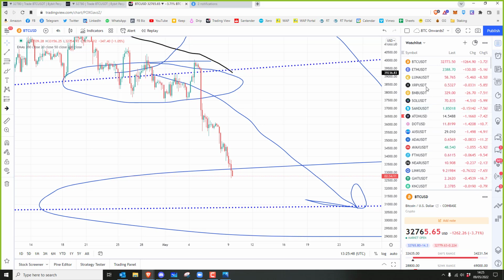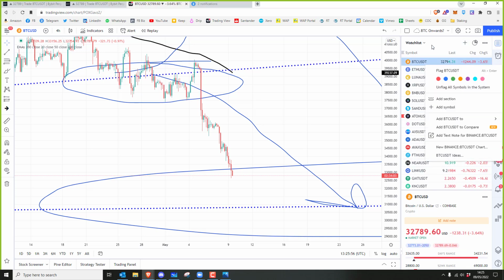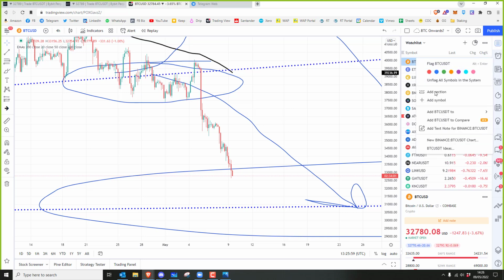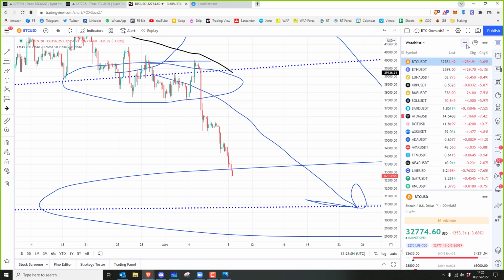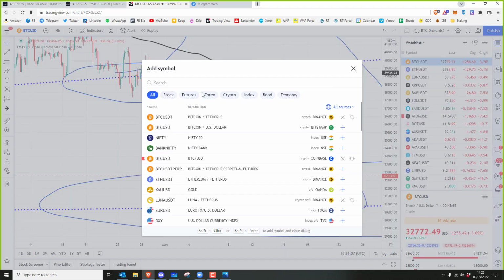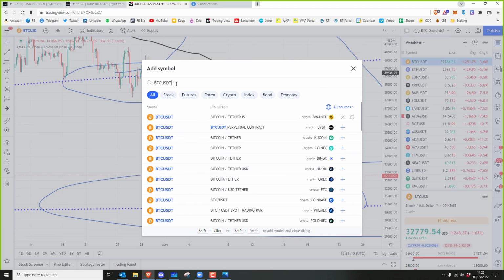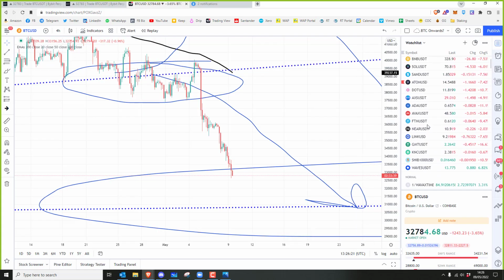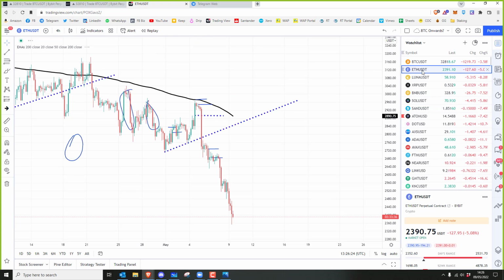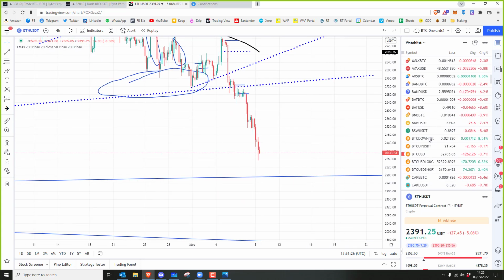so what I've done is I've created on TradingView a separate section, and this top section here is just the Bybit one. So the way you do that is you can right click anywhere on here and create add section, and then you can add symbols into it. And when you're adding a symbol into it, let's say you want to add Bitcoin, you go to Bitcoin USDT, you already know it's a Tether based one, and then look for the Bybit one, and it always says perpetual contract at the end of it, then add that. So this list here are the Bybit perpetual contract ones. So for that chart, it will be slightly different than the Ether one I have on my other chart,